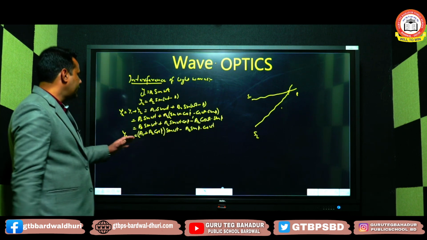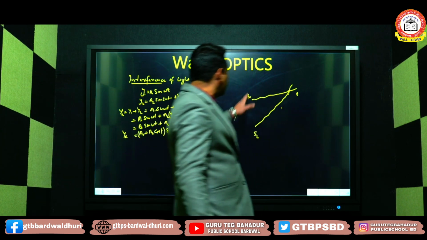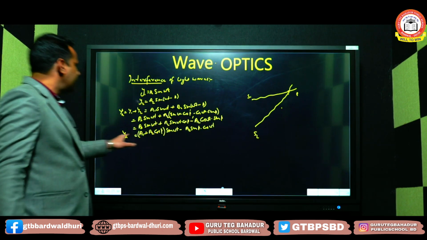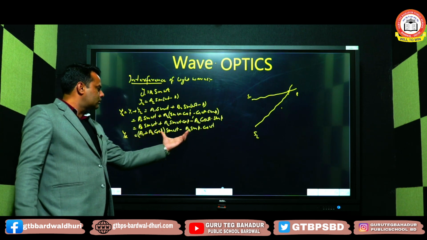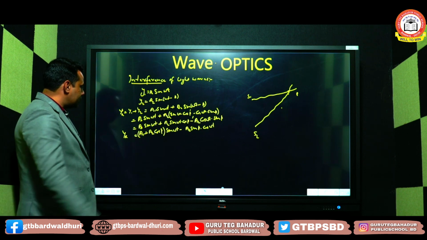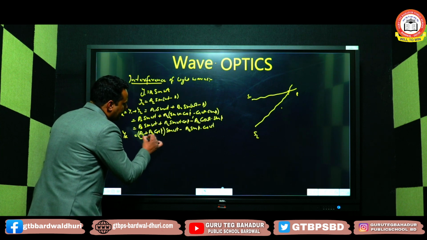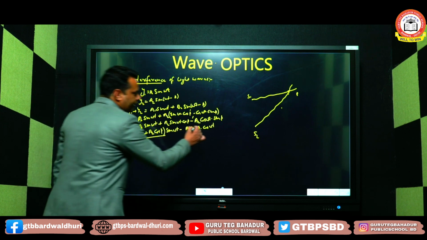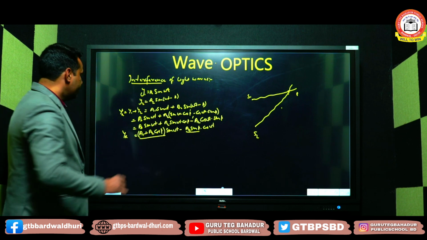Now my dear children, we have written the resultant displacement, the displacement at this point P because of the S1 and S2 sources, but we cannot predict it until we convert it into a single sine function. Now how to convert this equation into a single sine function, that you have already studied in your mathematics class. Now what we need to do, the coefficient which is there in front of sine omega t, we need to put it as something, and in the same way the coefficient of cos omega t, it is actually a constant quantity, and we need to put it in this way.